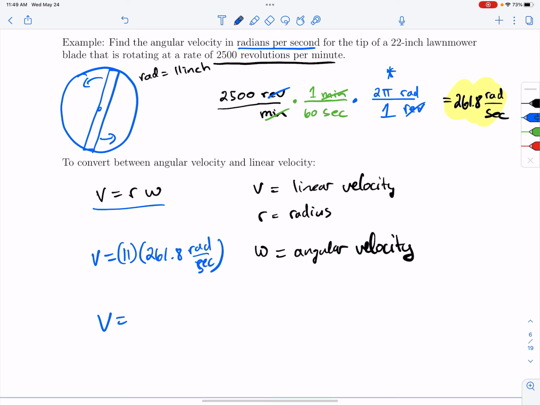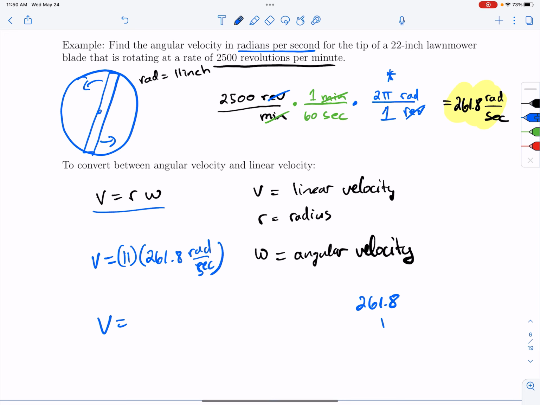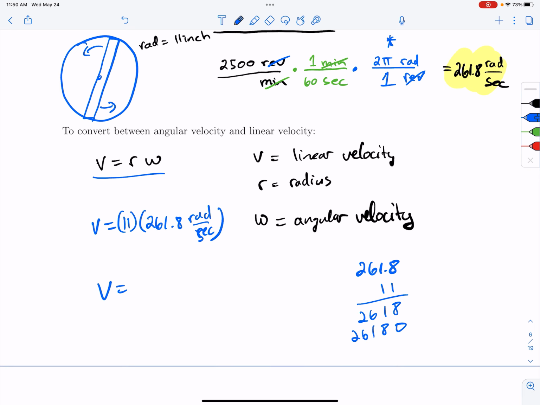So our velocity here, 261.8 times 11, we end up with